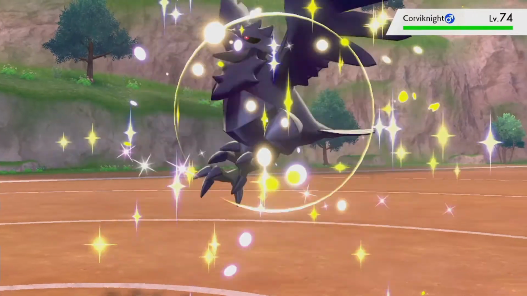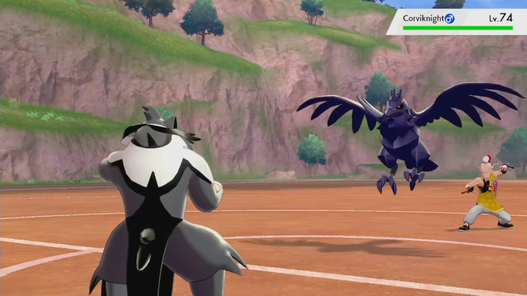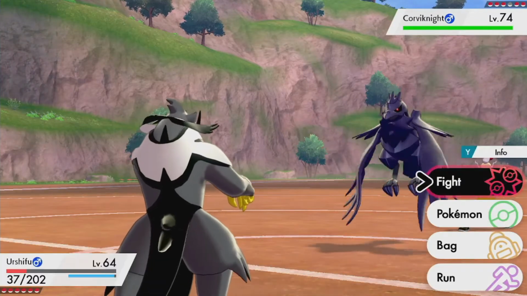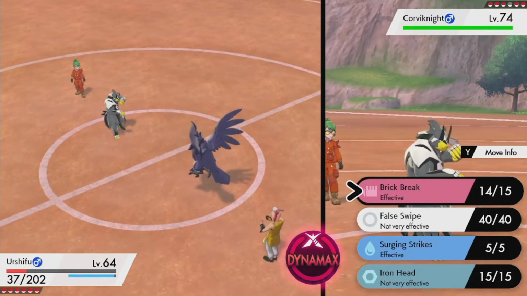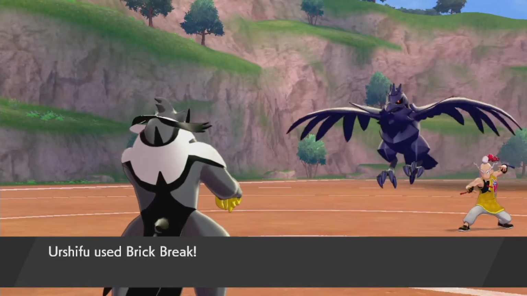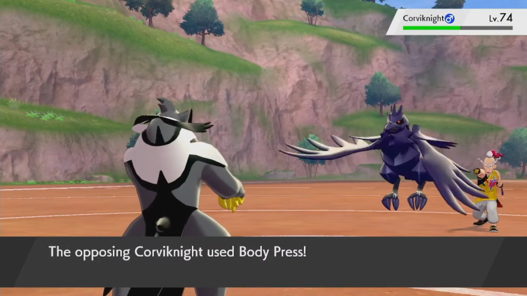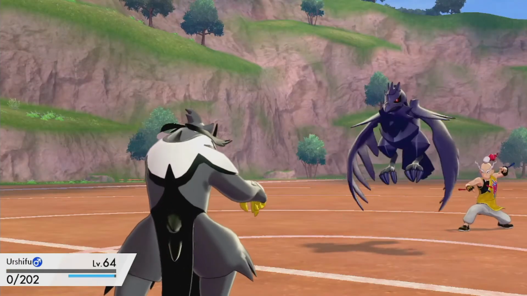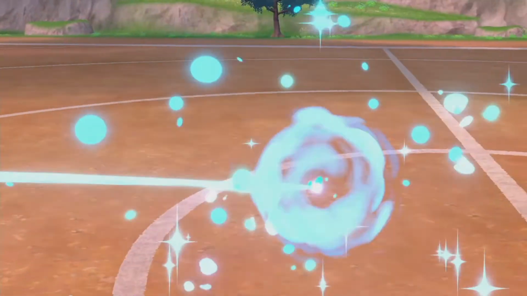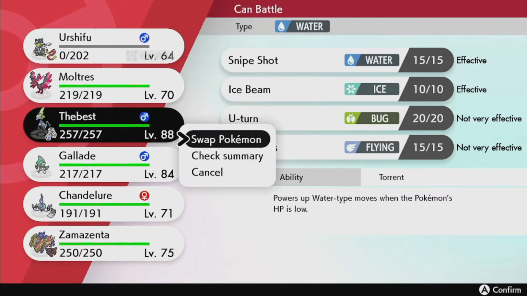Okay, he actually has a flying type. But it's dark and flying at the same time, so it's hard to really know. We're just gonna do this. Yeah, at 74, it's probably not gonna kill. And yes, that was just to give him some fun stuff, so...